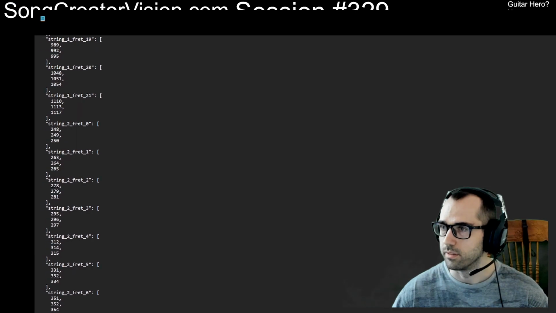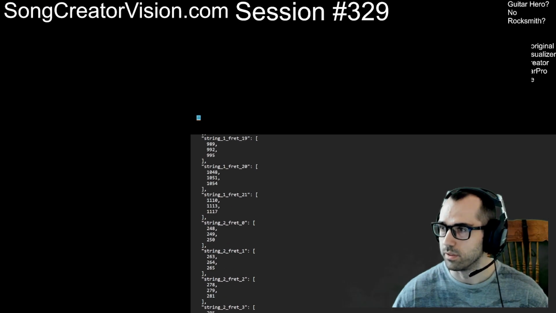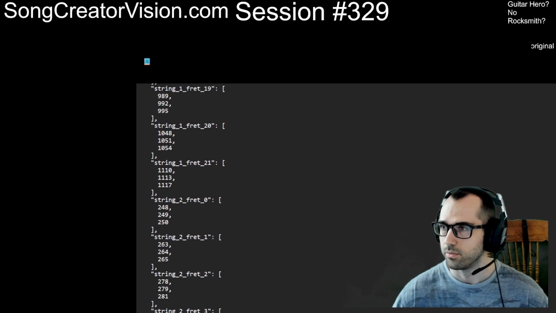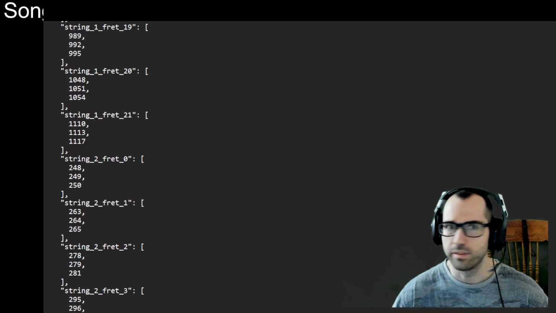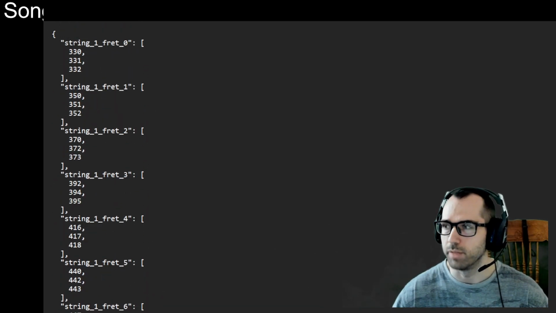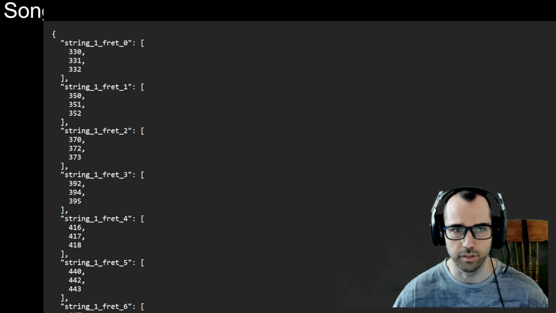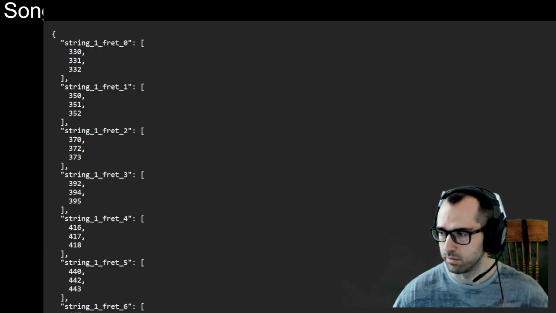Let's look at this, for example. This one is called frequency mapping, or freq_mapping. In other words, like mapping the frequencies to the strings and frets, right? In order to have note detection with a real guitar,